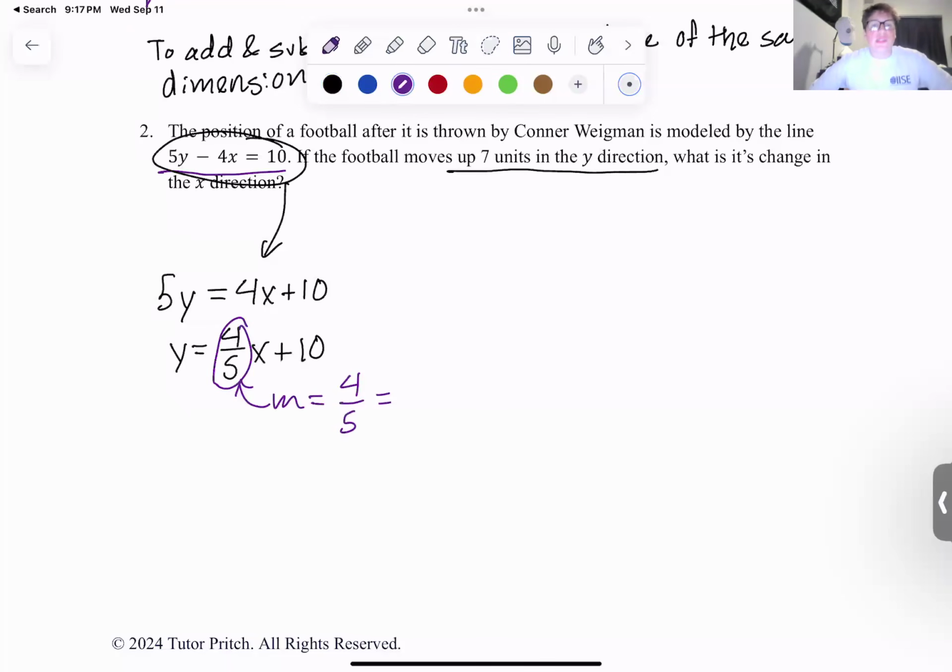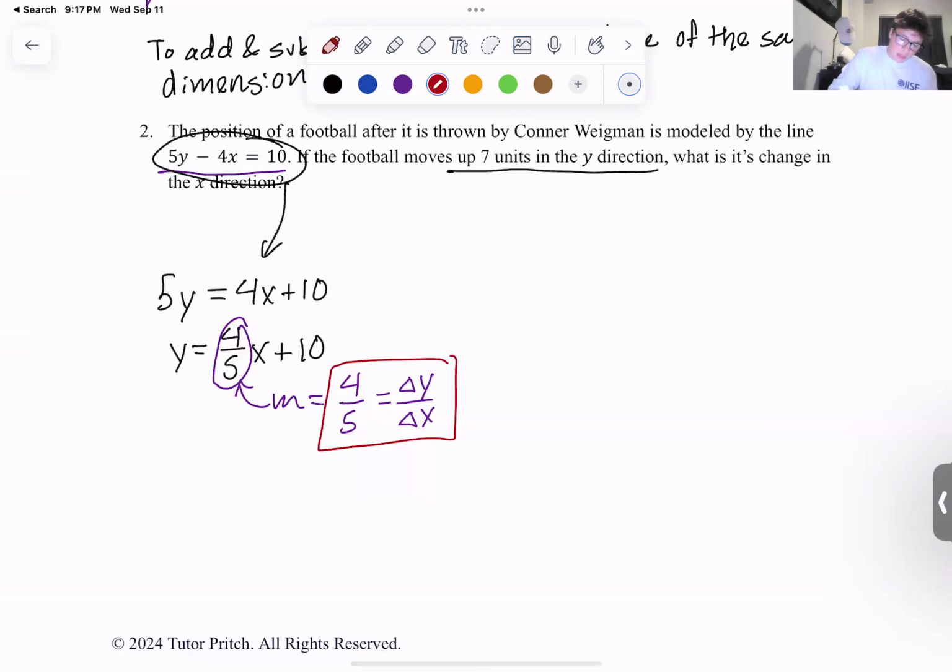But also think about slope conceptually. Slope is your change in y over your change in x, rise over run. And for those of you who took physics in high school, I know I have a student who took physics in high school, and this is how she remembers it. You can call that delta y over delta x. So if we know that this must hold true, that 4 over 5 must equal the change in y over the change in x,